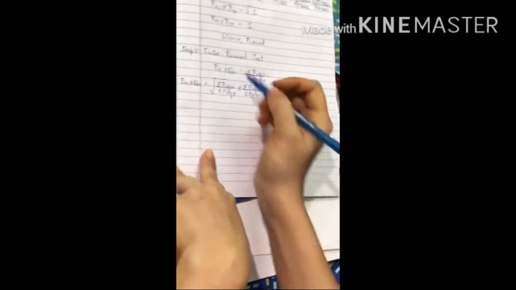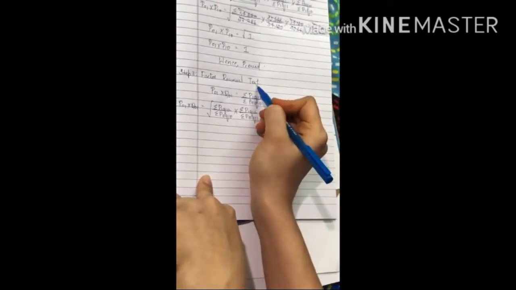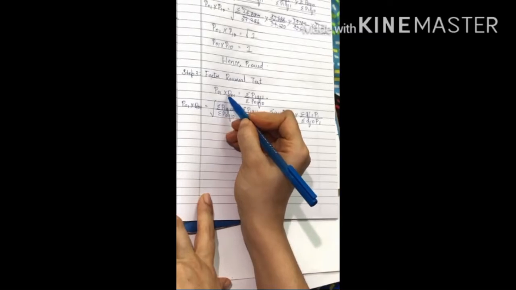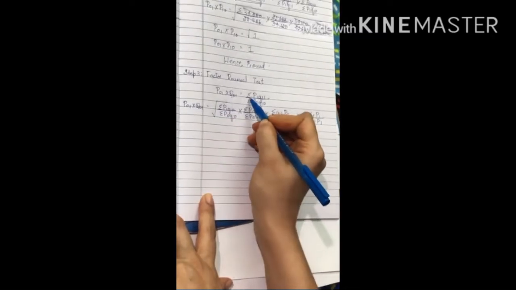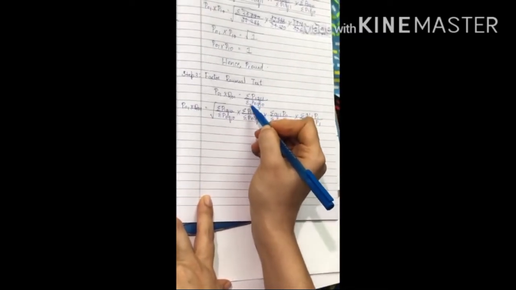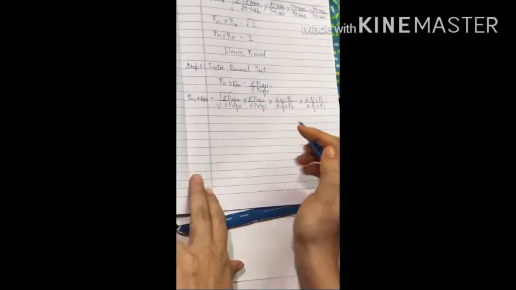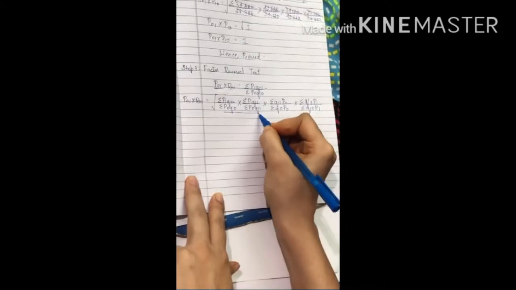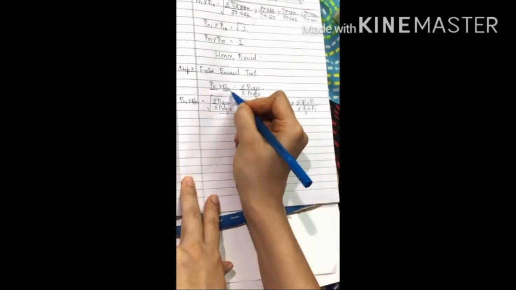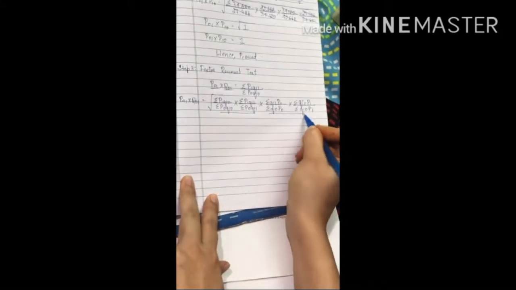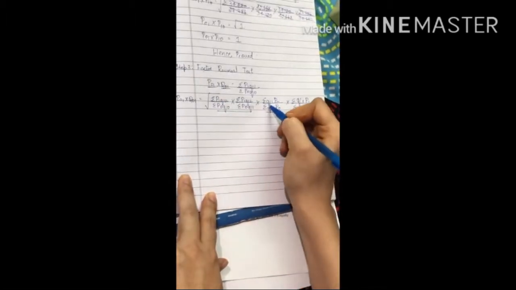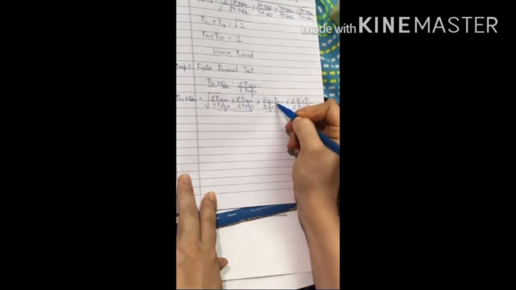The third step is the factor reversal test, which stands for FRT. The formula for this is P01 into Q01 equals sigma P1 Q1 divided by sigma P0 Q0. I've written the formula of P01 first, it's the normal Fisher's formula, and the next continuation is Q01. Here wherever there is P you need to convert it to Q, and wherever there is Q you need to write it as P.